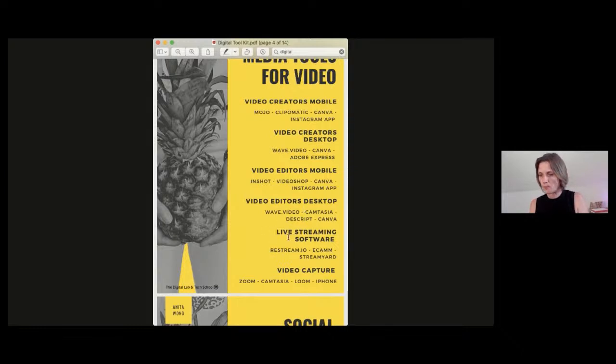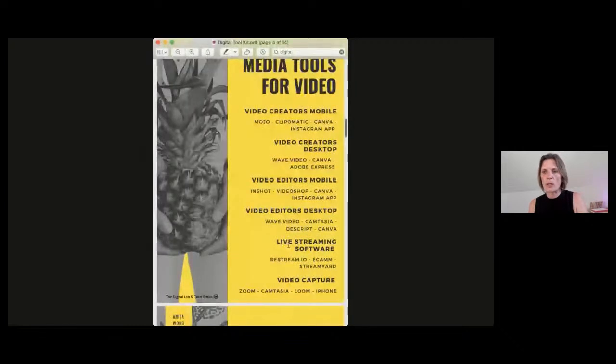Now I want to go to the live streaming software and the video capture software before I end this live and see if anyone's got any questions, because live streaming is a really good way of creating video content, not only for the live when you are doing it, like I am now. I'm going live at the moment using Restream, but whilst I'm live streaming I'm creating video content that I can use in my social to connect with my audience and attract them to me so that they become loyal fans, and then hopefully will come into my sales funnel